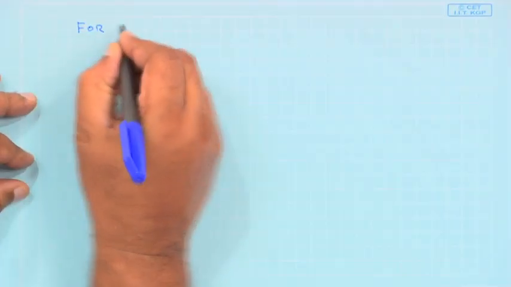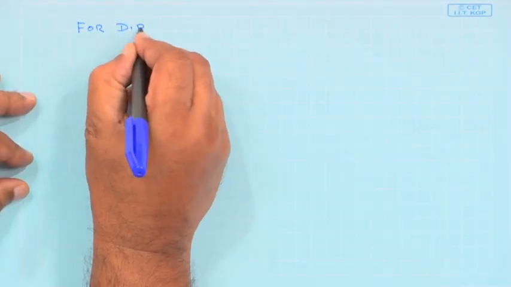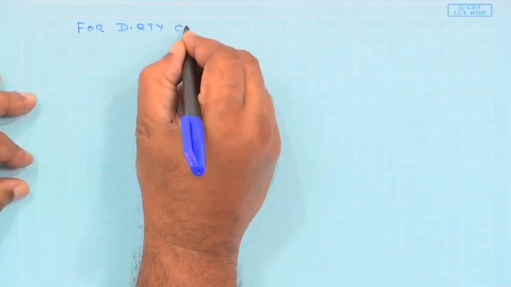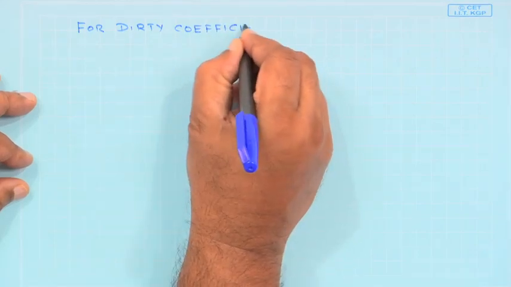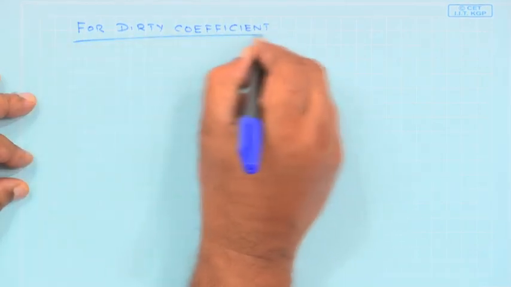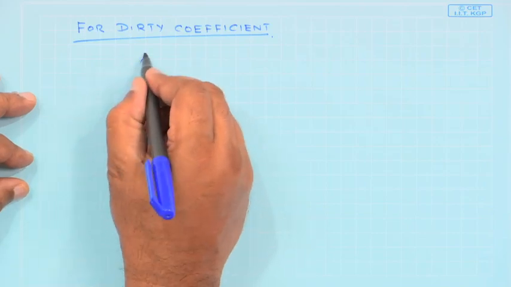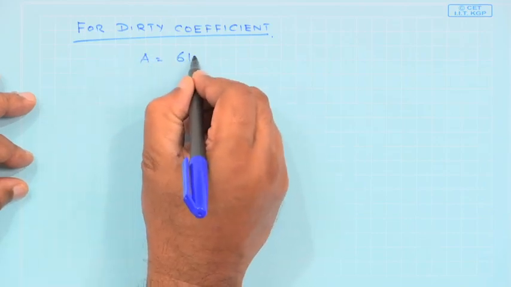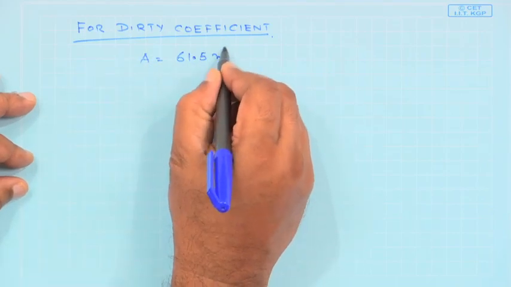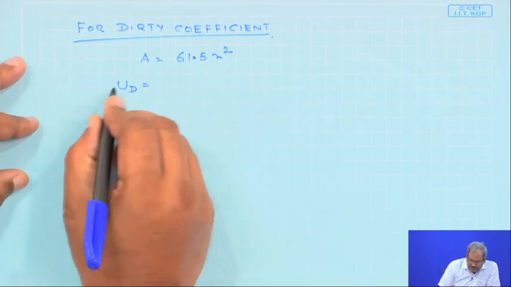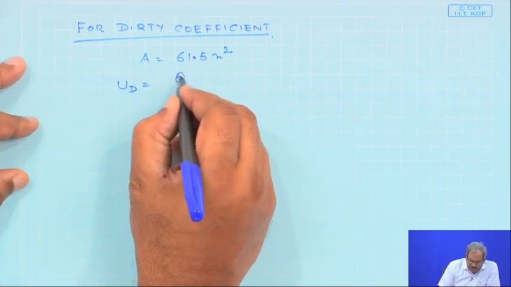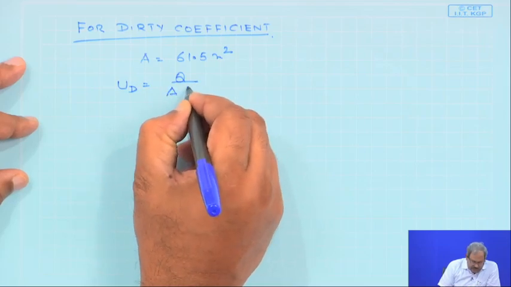So, in order to calculate the dirty coefficient, I know that my value of the heat transfer area provided is 61.5. So, Ud, the dirty heat transfer coefficient, is Q by A delta T,